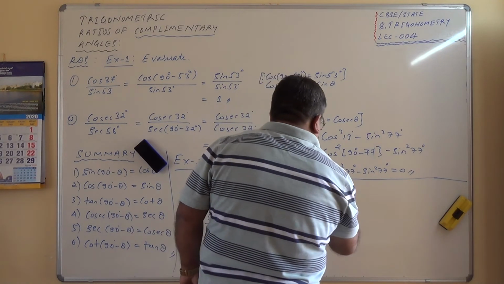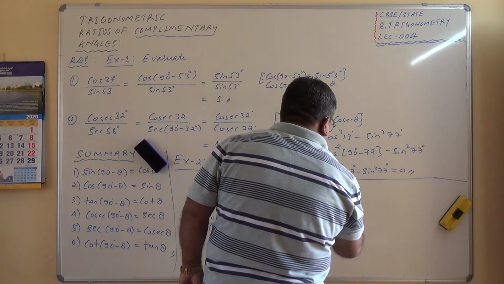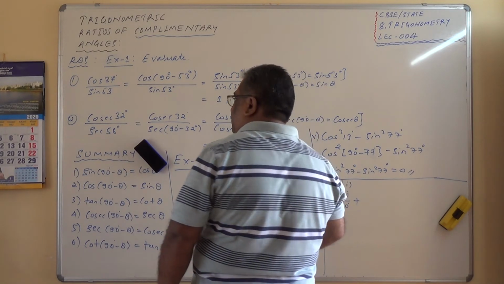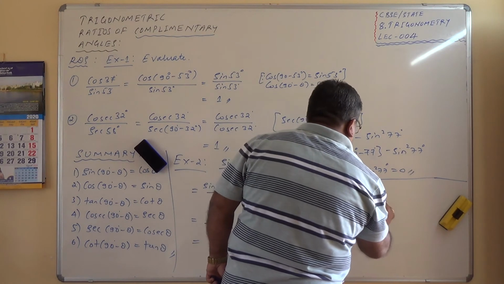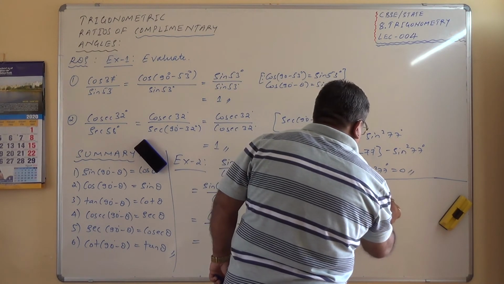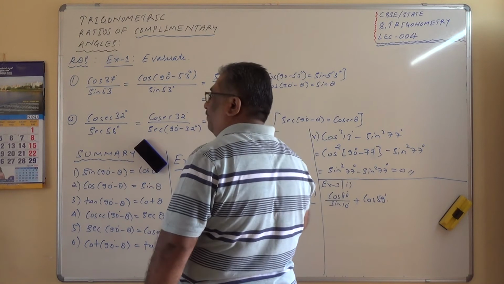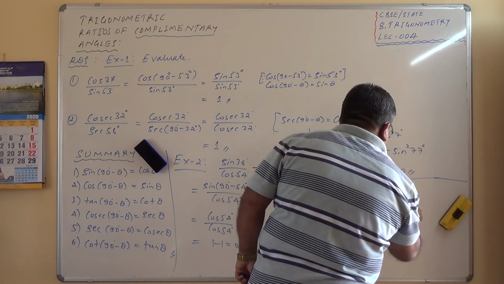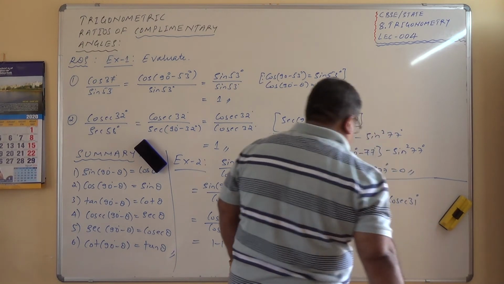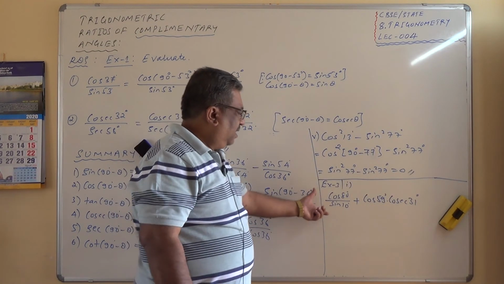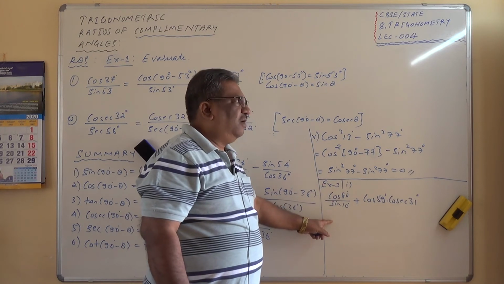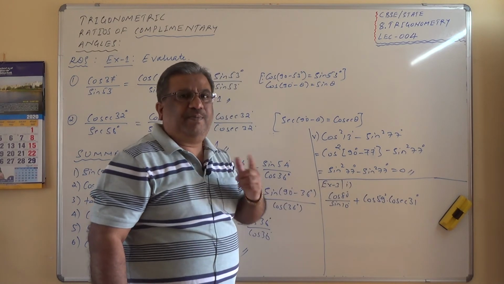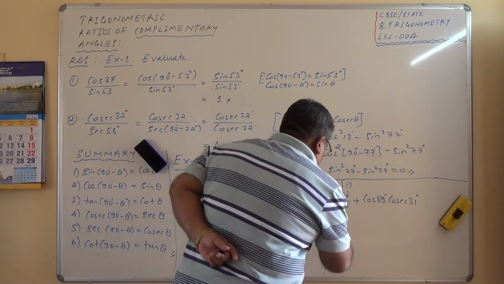Cos 80 by sin 10 plus cos 59 degrees into cosecant 31 degrees. Here, out of this numerator and denominator, one will be changed. Out of these two, one will be changed to complementaries. So let us see here. This equals